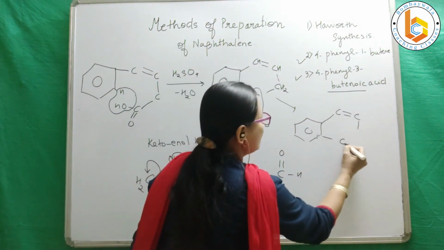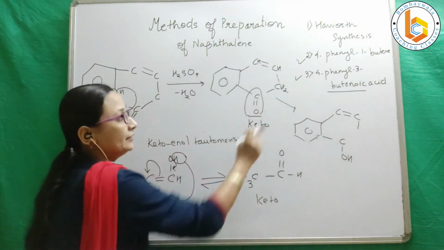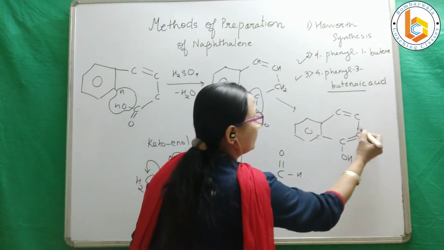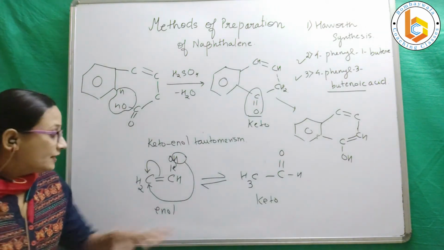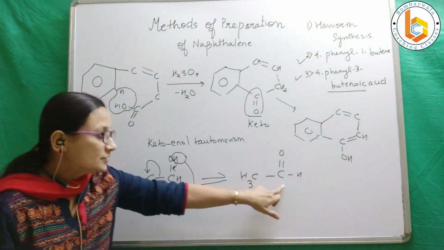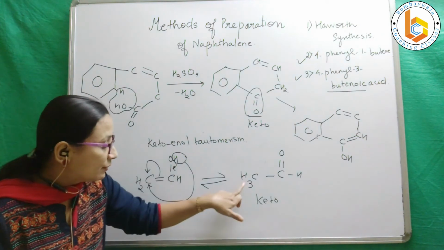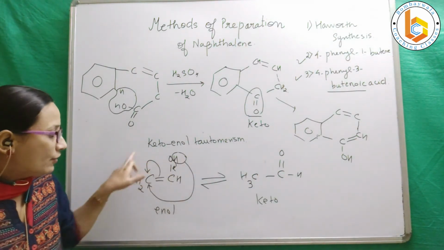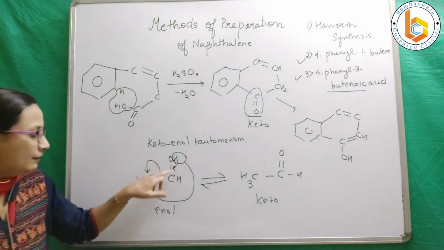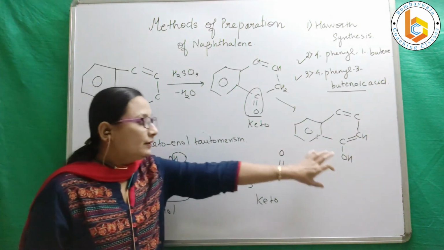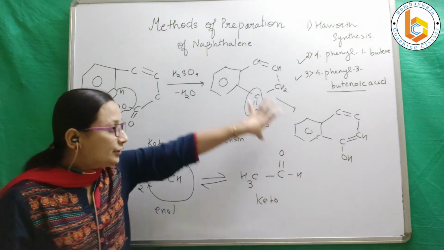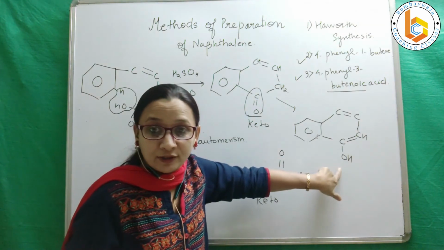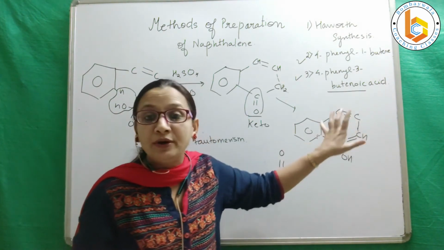I will get a COH, correct? One hydrogen from here will come here and this will become a double bond, right? Correct? Just as it happened here. Suppose this is keto. So this hydrogen is going here, and the single bond is becoming a double bond, right? Similarly, when keto becomes enol, we have created a carbon which contains a hydroxyl group and also a double bond. Hence you call it enol.